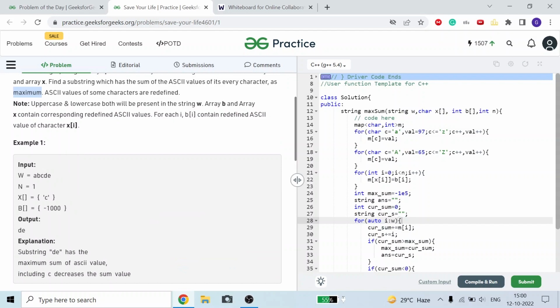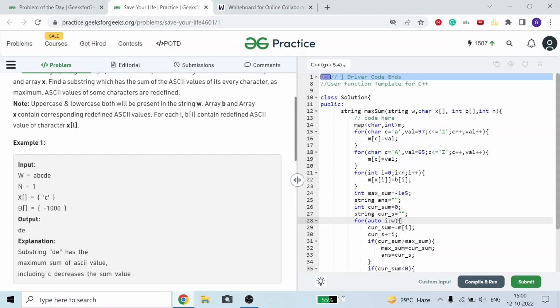Here the ASCII code of A is 97, B is 98, and the ASCII code of C should be 99, but it will become minus 1000. So our sum will become negative. So from ABC, the maximum substring is AB.